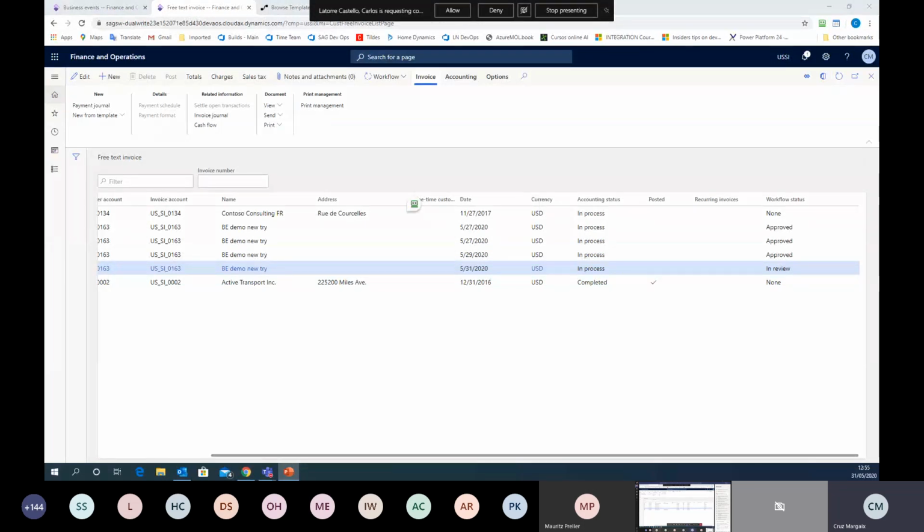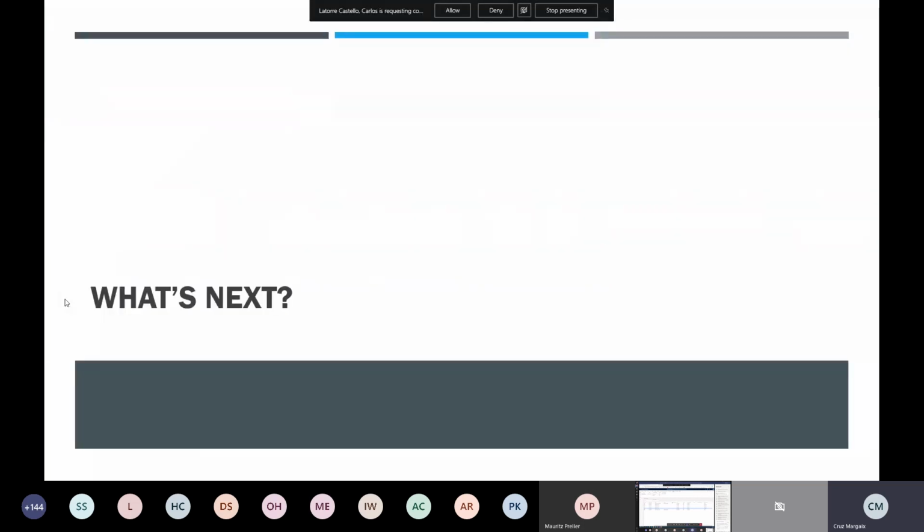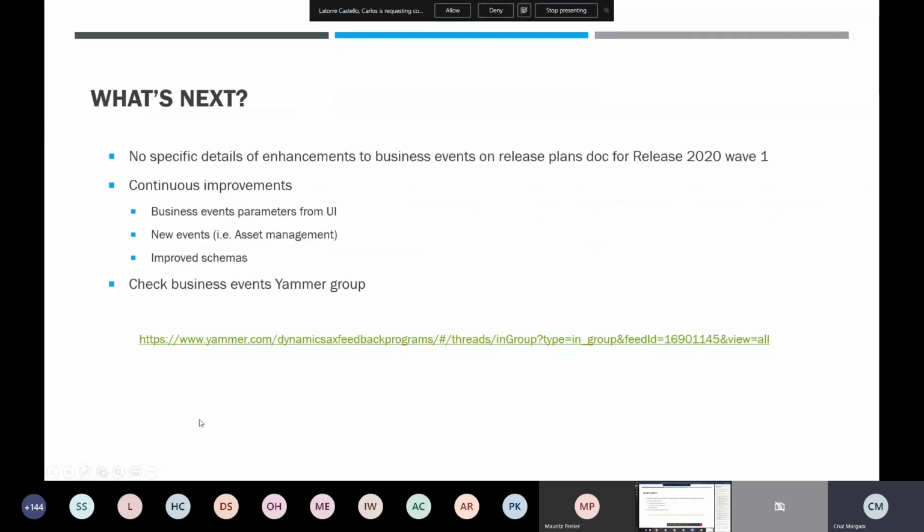Okay, so just very quickly, what's next? Well, there's not much information out there about what we can expect next. Business events are mentioned in the release plans for release 2020 wave 1, but with no specific details. But we've seen continuous improvements over the last months: the surfacing of the business events parameters to the UI, the implementation of new out-of-the-box events, improved schemas, so we can expect